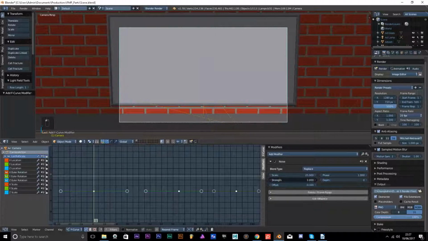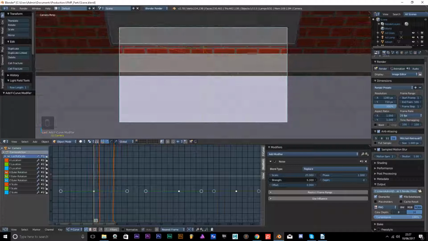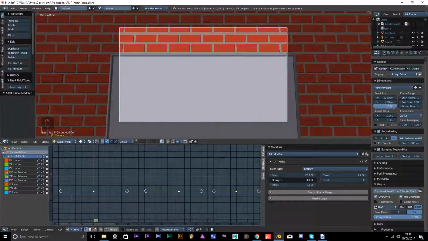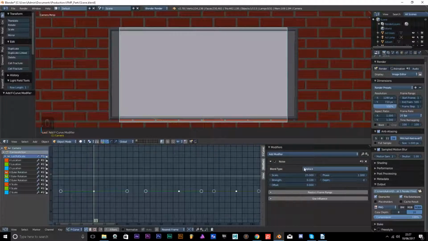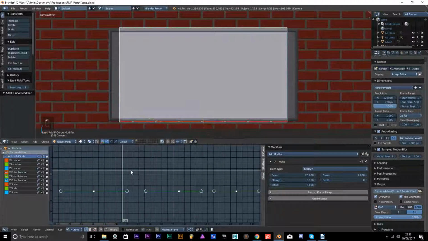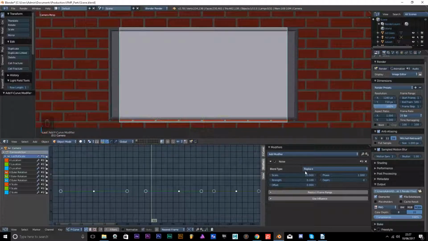So I can either increase its strength, or I can reduce its strength to virtually very little. So let's say 0.1. Now if I move, you can see it's a little more reasonable, but I'm going to turn that down a little bit more. 0.065.